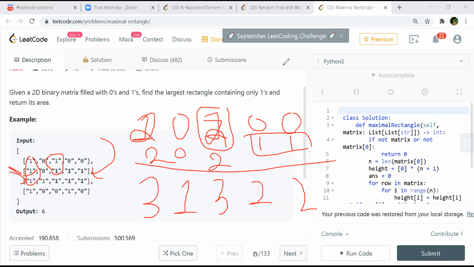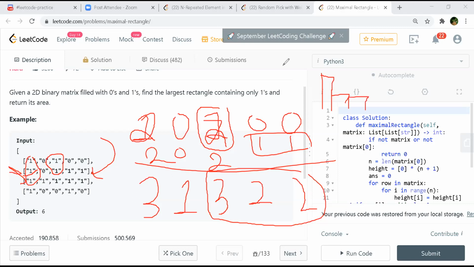So now I would be finding my maximum rectangle for 3 1 3 2 2, and that would be 6, corresponding to this. So 3 here, 2 3 is 6, and 2 here and 2 here.